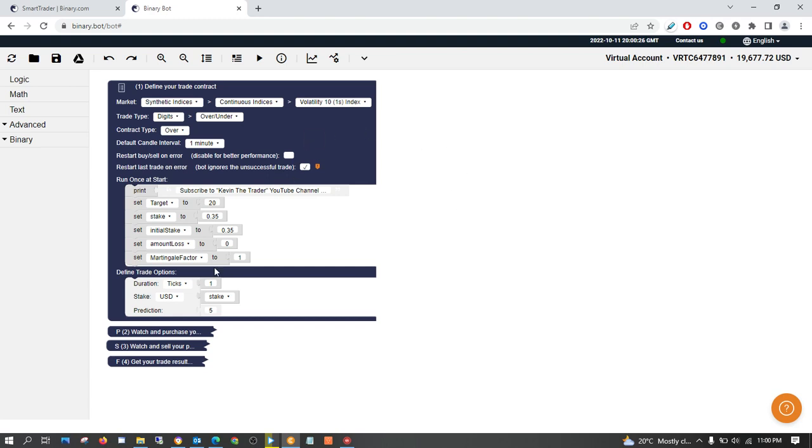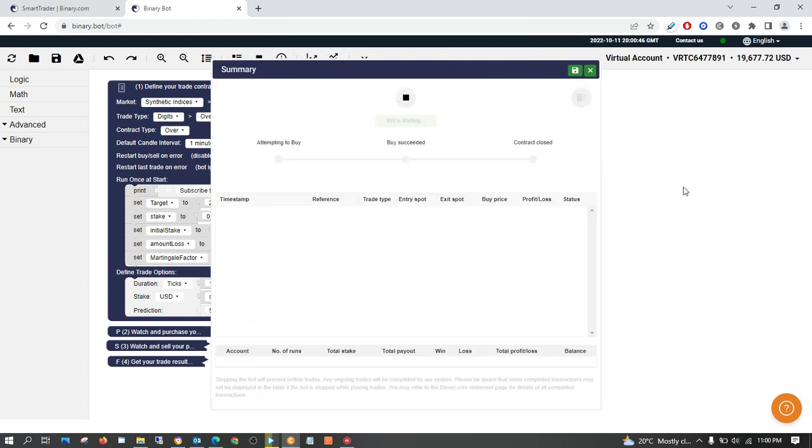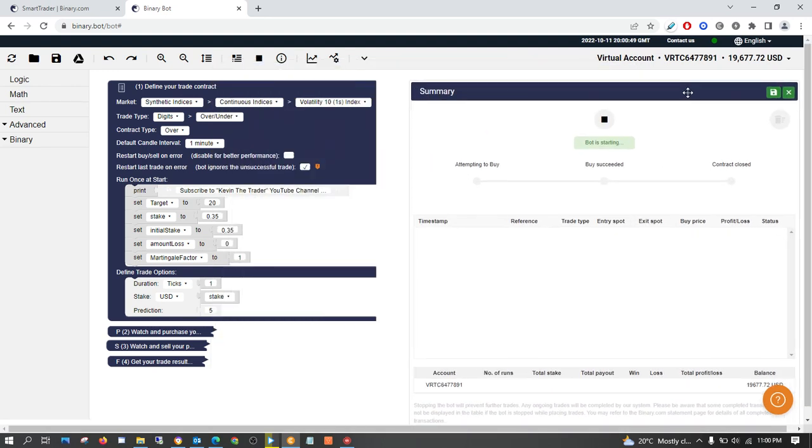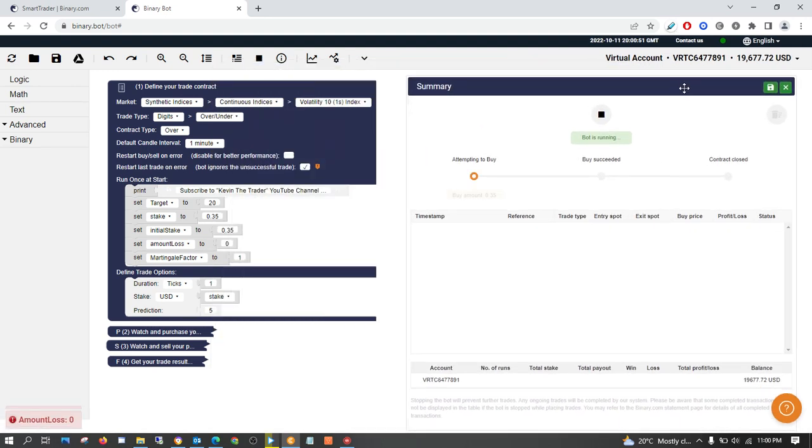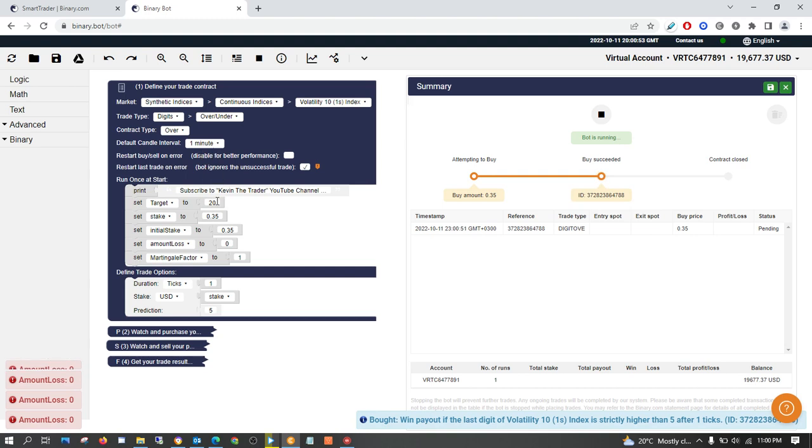Our prediction here, anything 5 and below is a loss, anything 6 to 9 is a win, and this one has a high payout. Now let's do it. You see how it works. So our target here is $20.